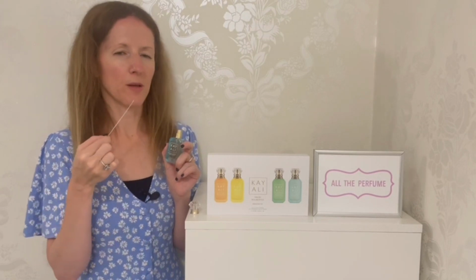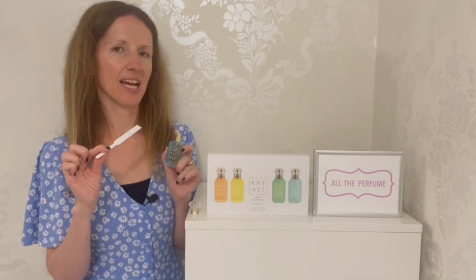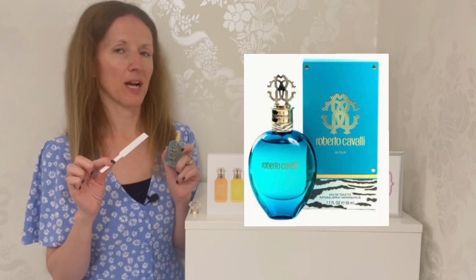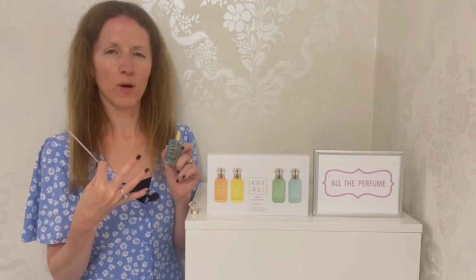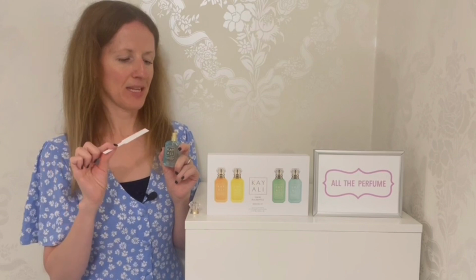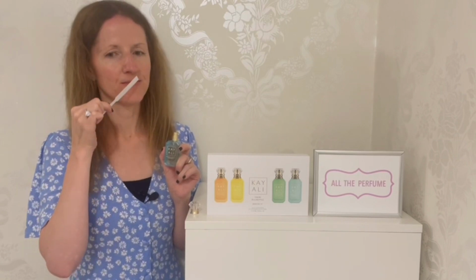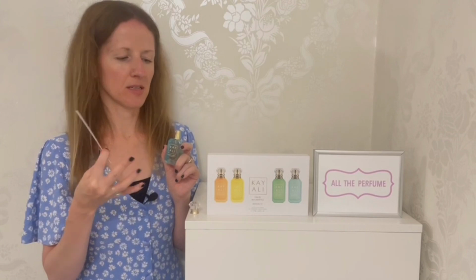The lemon also kind of takes you to the sea because it's refreshing, and in fact, testing this today, I'm reminded of Acqua by Roberto Cavalli, and I just loved wearing that perfume on holidays. And in fact, I feel I have quite a satisfying replacement with this scent, because that one is discontinued. But now if I have here Maldives in a bottle, I'm back to my lovely kind of watery, lemon, salty